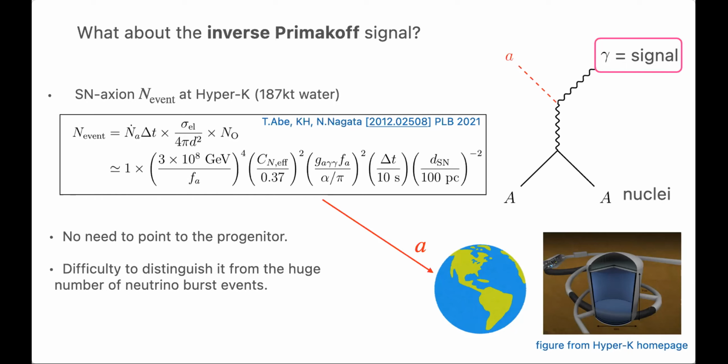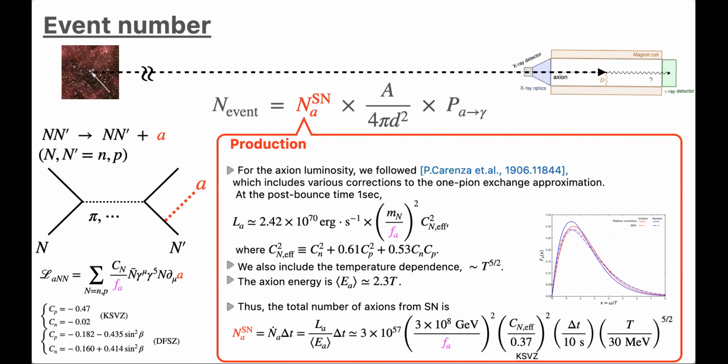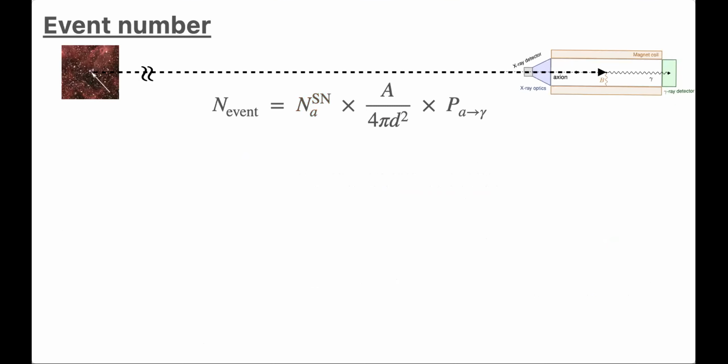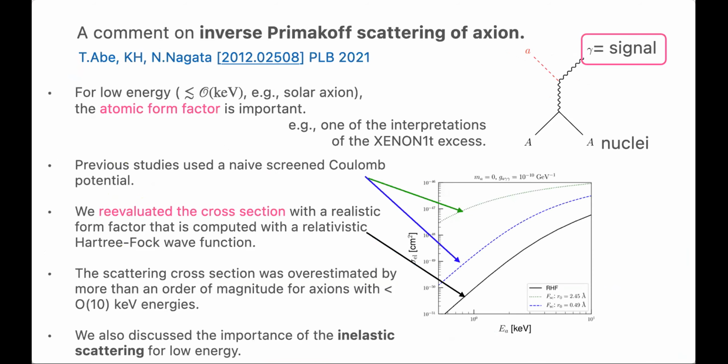Is there any other question? I have a short question about the production mechanism for axion. Have you thought about production mechanisms other than nucleons? I haven't studied it in detail myself, but I know...